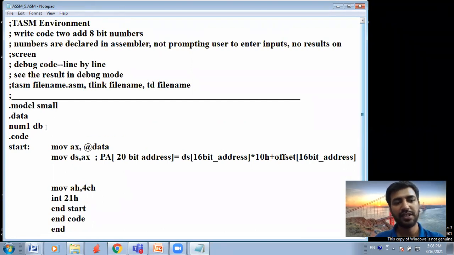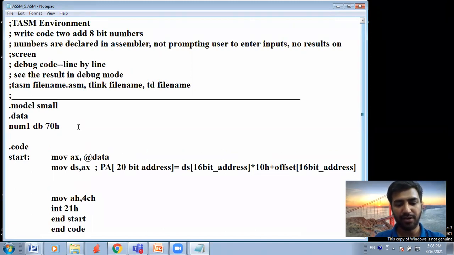So the memory location is a byte location, which will have only 1 byte. The size would be 1 byte only. If I take DW, it will become a 2 byte location. So number one, let's say I define as 70H.